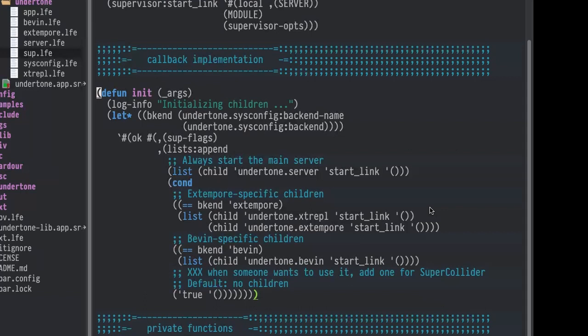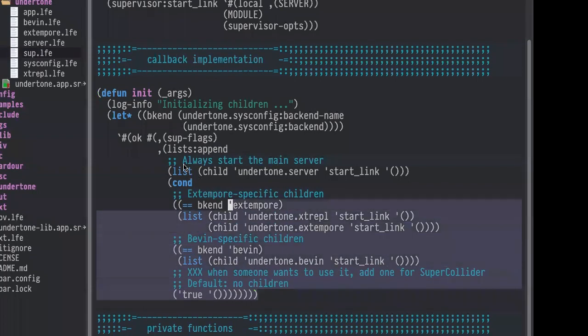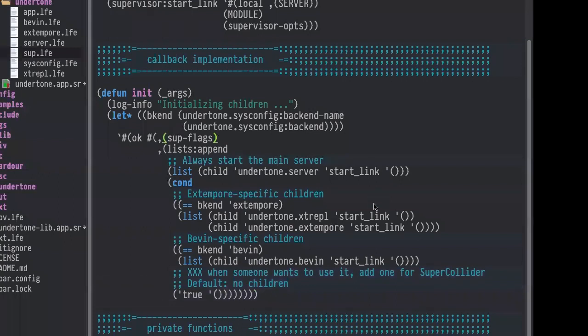Yeah. I do that here in Undertone because I have lots of different backends that I want to be able to support, but I only ever play with one particular backend at a time. And what this means is that when the system comes up and I'm adding things to a supervision tree, what I have decided to do here, and I don't know how correct this is, is have these conditional statements inside the init function of my supervision tree saying, hey, these children are always going to be added. These children will only be added if these conditions are met in configuration, et cetera. Is that a sensible thing to do? Is there a better approach?